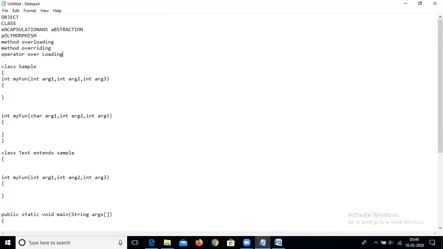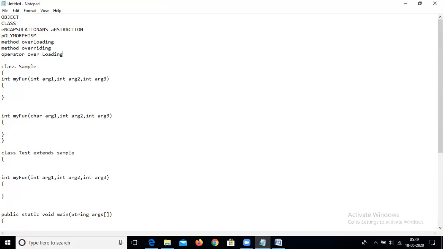Operator overloading in C++ can be done by using friend classes or friend functions. If you overload the assignment operator, plus operator, or minus operator, meaning overloading, you can then use the operator for another operation easily. If you are familiar with Java, in Java if you add two integers, it will show you the addition result. But if you add two strings, it will show the concatenation of the two strings. That is operator overloading.